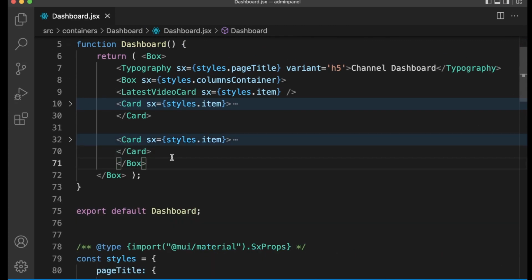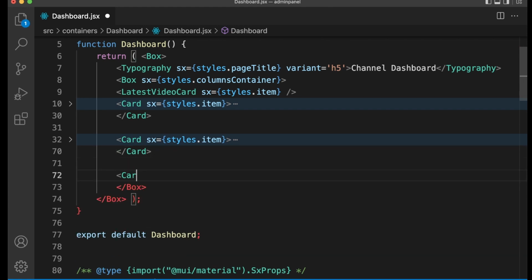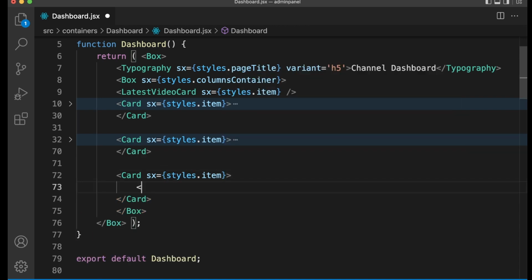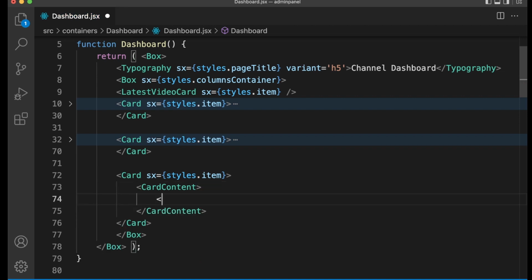Yeah, and write another card, x styles item, card content as usual, and then my typography for title variant should be card title, latest comments,